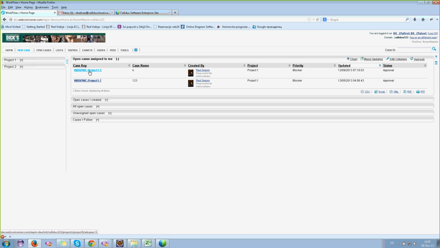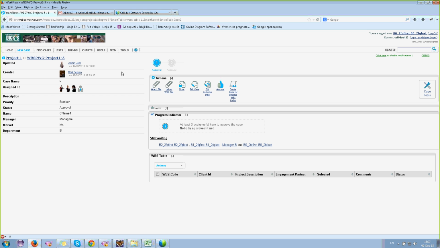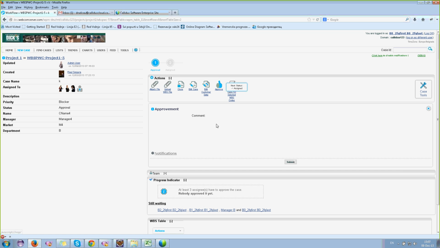And this SME will be able to see that case in the Open Case SME section. So when I access the case, here I can see an approve action, which I didn't see earlier because I wasn't an SME. And when I perform this action,